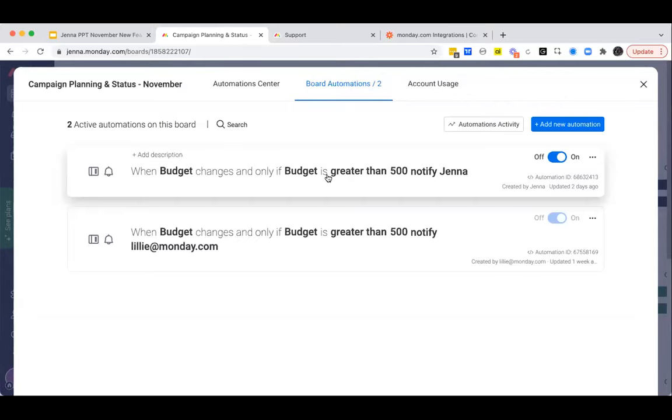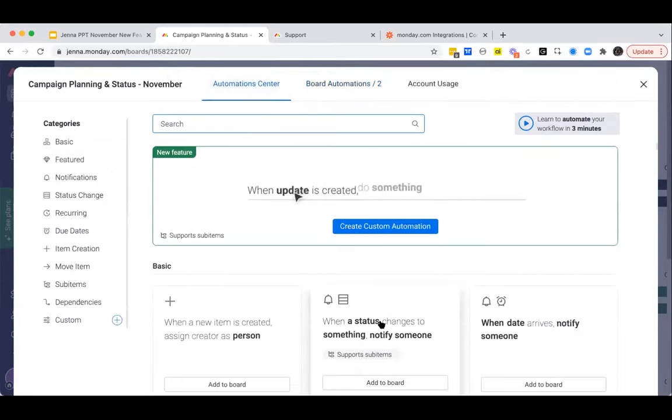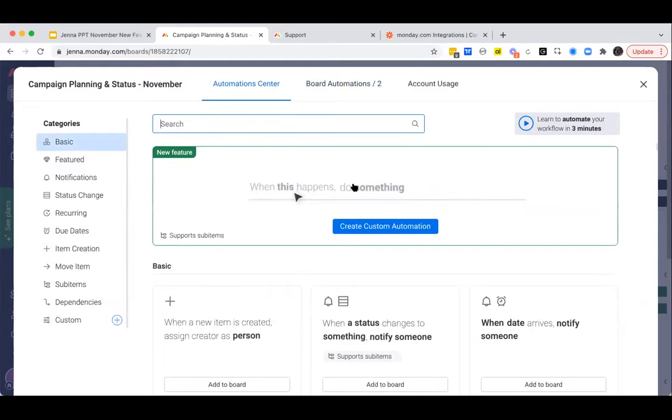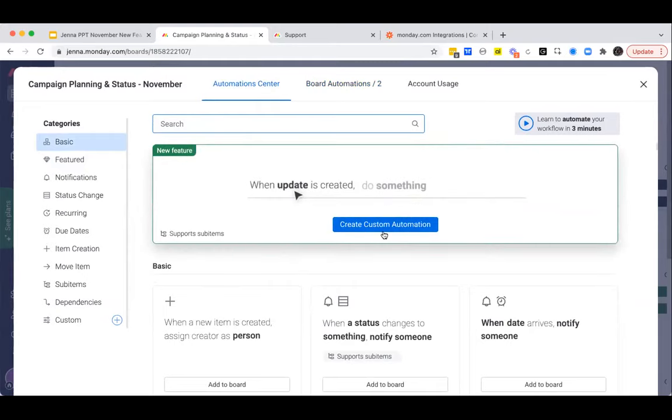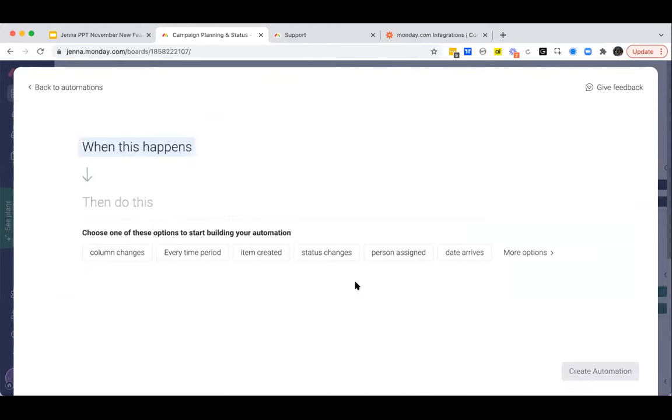We like to refer to our automations as recipes, each one consisting of a trigger, such as a status change to something specific, which causes an action like a notification to someone on your team. In addition to these pre-made automations that we have here, you also have the ability to create your own custom automation, which can be done by clicking this big banner right here, or going down to the bottom and choosing to create custom automation. So when building your own custom automation, you get to decide which trigger, for example, when